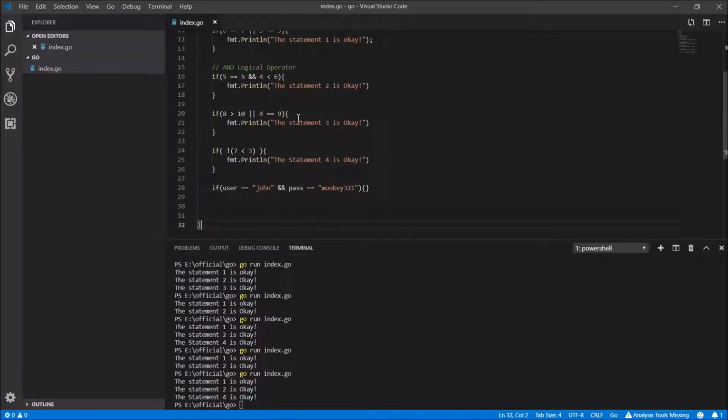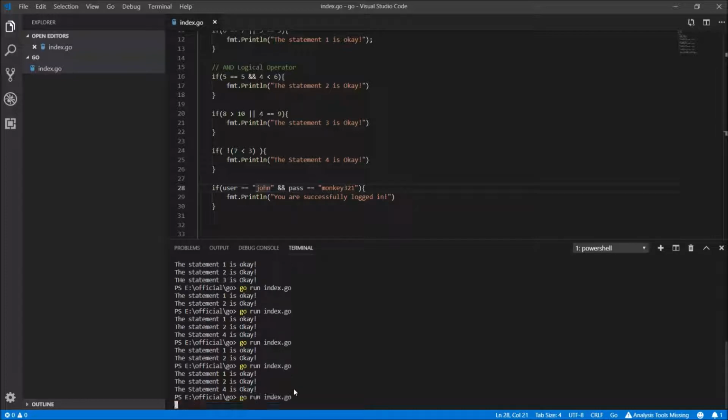Okay, now when we need two statements or two conditions to be true, we use two conditions with the logical AND operator, and we need both conditions to be true to show something like fmt.Println, and here, you are successfully logged in. So to print this statement, you are successfully logged in, we need both of the conditions to be true. Okay, now just run this, and because the password is okay, so you are successfully